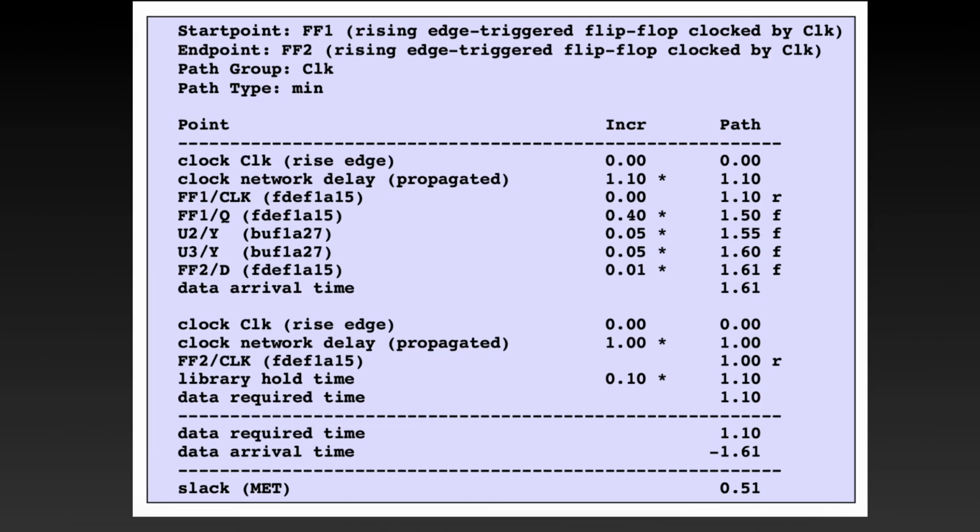Talking about the hold check dependency on the cycle time, the hold check does depend on the clock period if your design has half cycle paths. Meaning, if your design has valid timing paths from a positive edge triggered flip-flop to a negative edge triggered flip-flop and vice versa, in that case, a change in frequency will change the distance between the two adjacent edges, and hence that will cause the hold check to change.